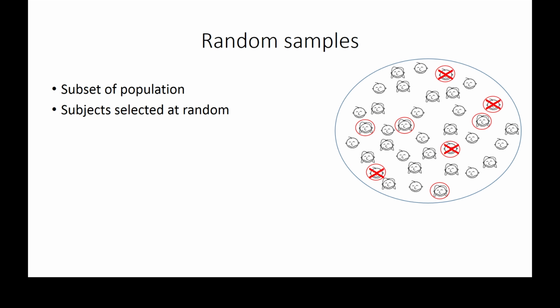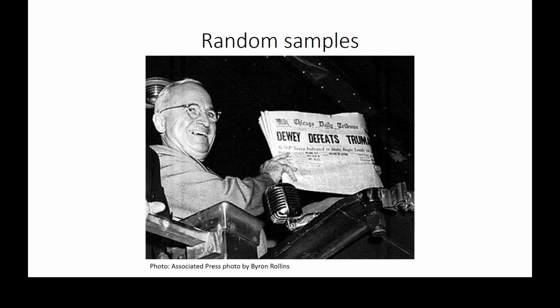Okay, so the point is that even if the randomization is perfect, something else may mess with the randomness so that the sample is not representative for the population. One example of this is from the American election, not in 2016, but in 1948. This is a very famous photo. It says Dewey defeats Truman, not Trump.